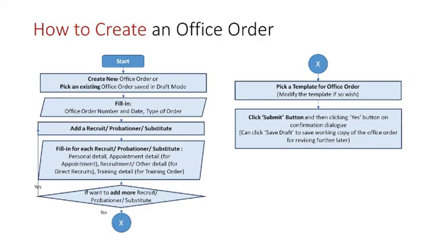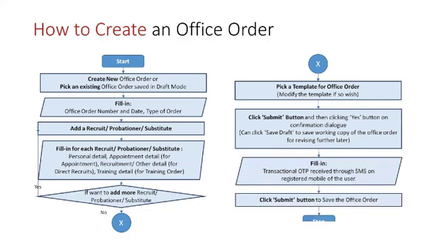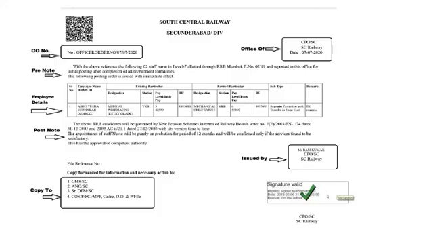Once he's sure that everything which is to be written in the order is written, it is to be submitted. Then through OTP, which is received through SMS on a registered mobile, it is submitted and sent off. We will see a common office order, how it looks. We have a QR code at top left. In the QR code, basic detail of the employee is mentioned along with the order number. So you get the basic idea of what is written there.